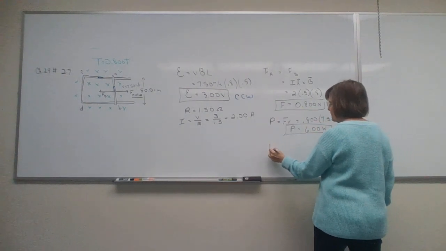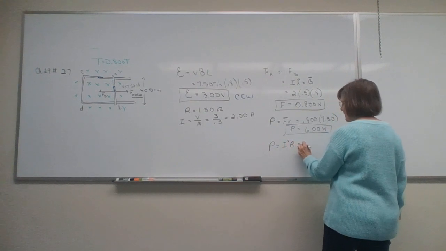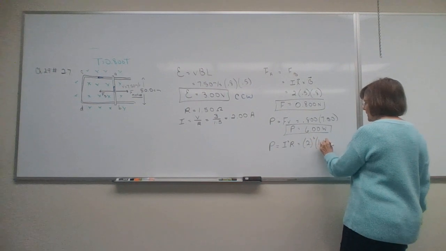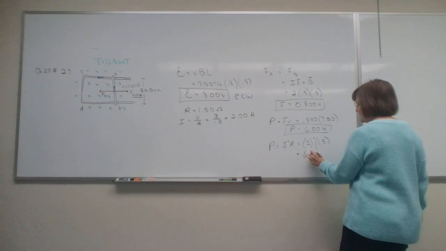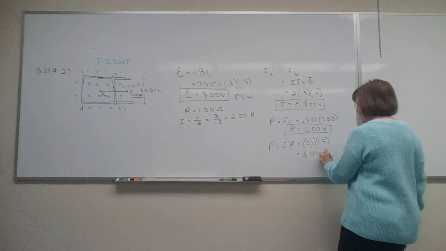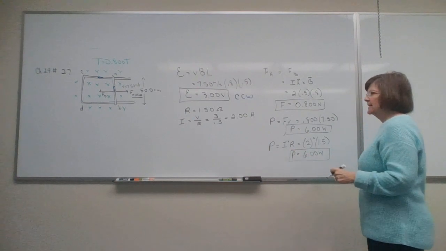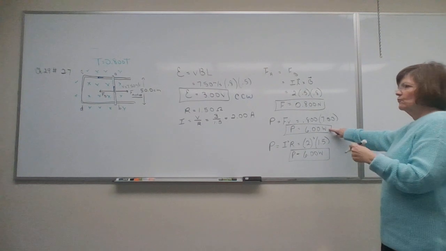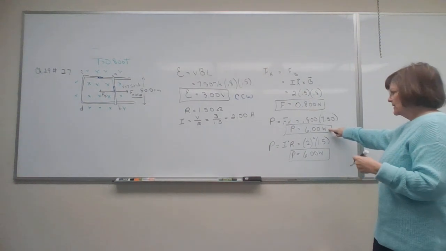The power generated in this circuit is I squared R. That is 2 amps squared times 1.5. That's 4 times 1.5. That is exactly 6 watts. That makes perfect sense. You're doing work on it at a rate of 6 joules per second, and we've idealized everything. So the power